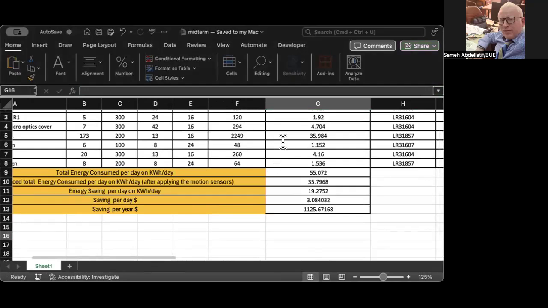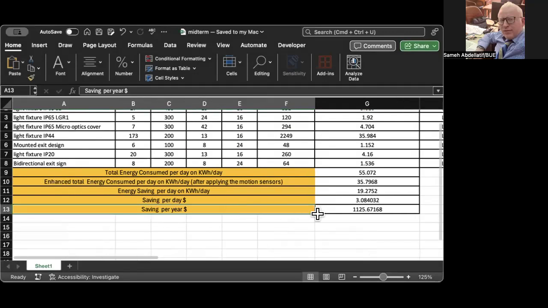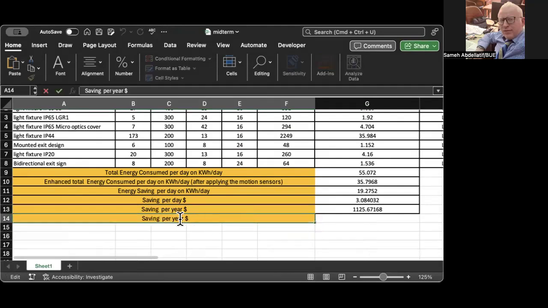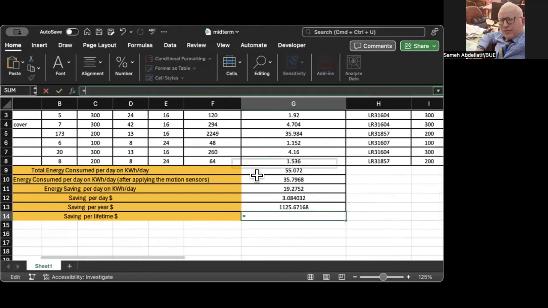So the cost is $0.8 per lighting unit, and the lifetime is 5 years. So to calculate first the cost, let's go first to per lifetime. So per lifetime, I'm going to say, okay, this number multiplied by 5. So this is the total amount of money to be saved during the lifetime of the sensors,